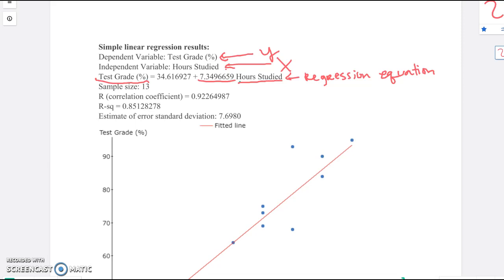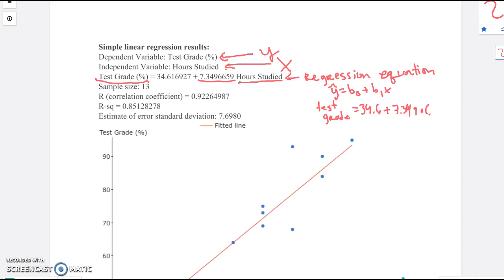If I wanted to write it as y hat equals b0 plus b1x, my y hat in this case is my test grade. This b0 is 34.6, and my slope is 7.349, whatever it is,